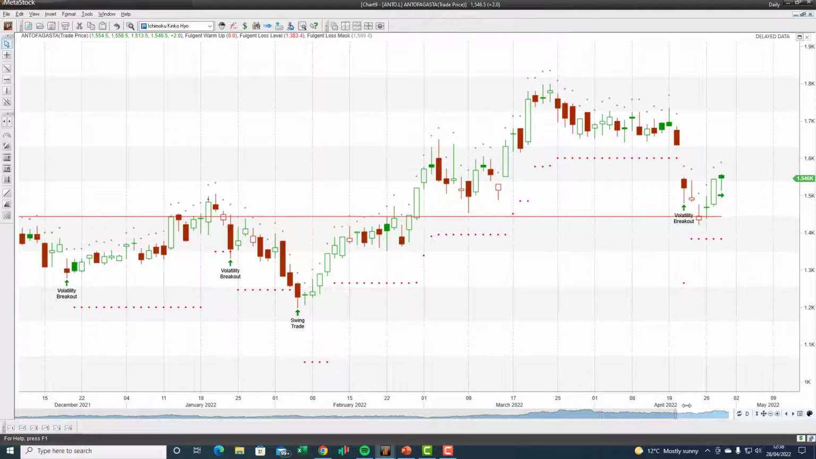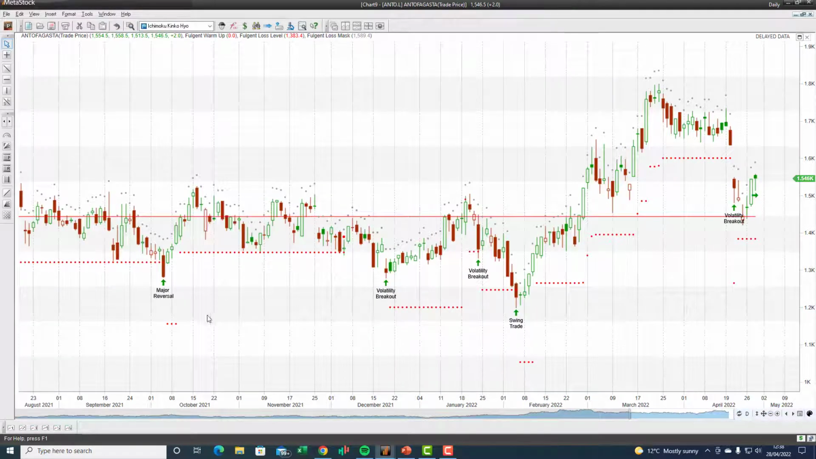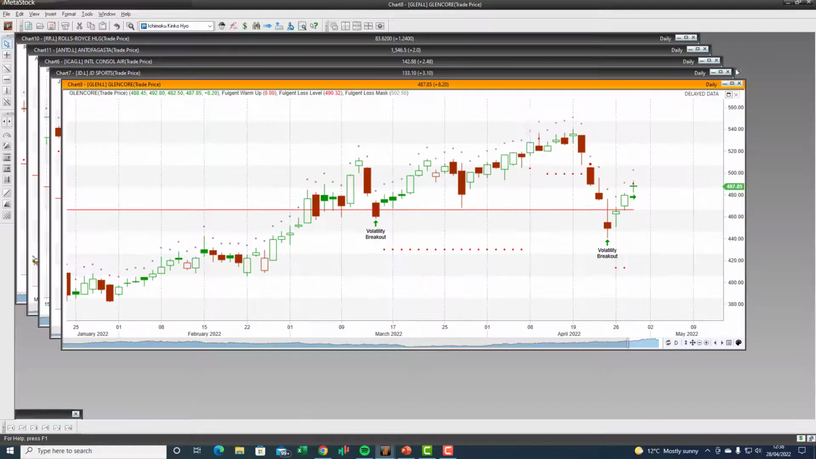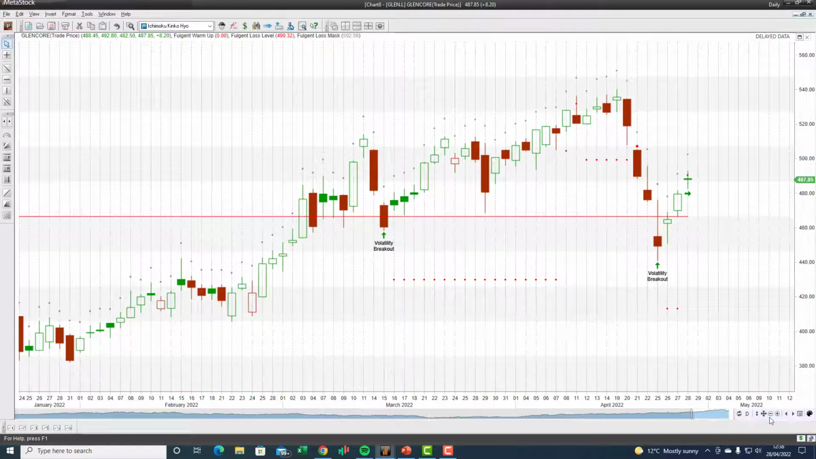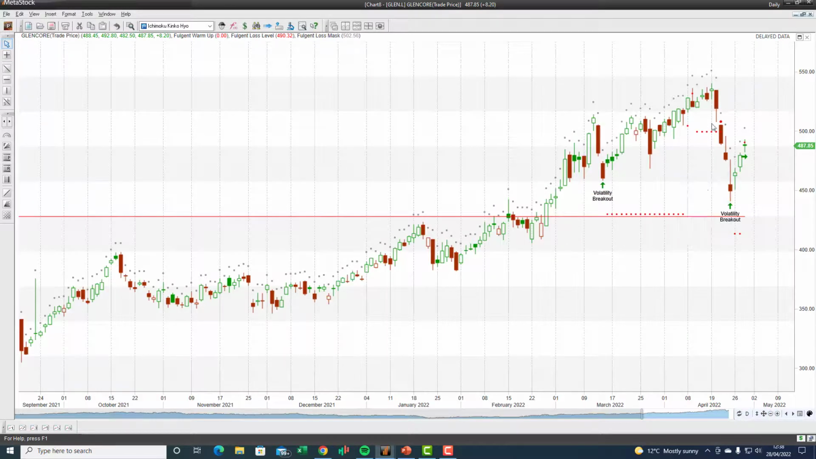Lots of profitable trading ideas using the AI. On Antofagasta, for example, we have major market reversal, volatility breakout, swing trade, all worked out very well. So keep that one on your watch list and see how that one unfolds. Next one is Glencore, also a fantastic trade over the last couple of months using the AI. You can see if we go back, volatility breakout there,